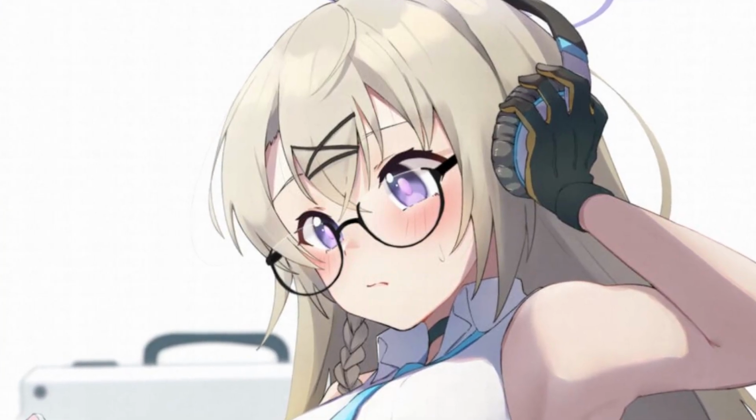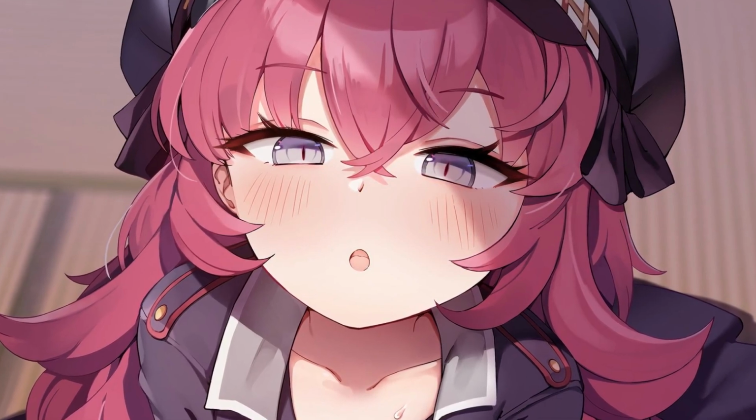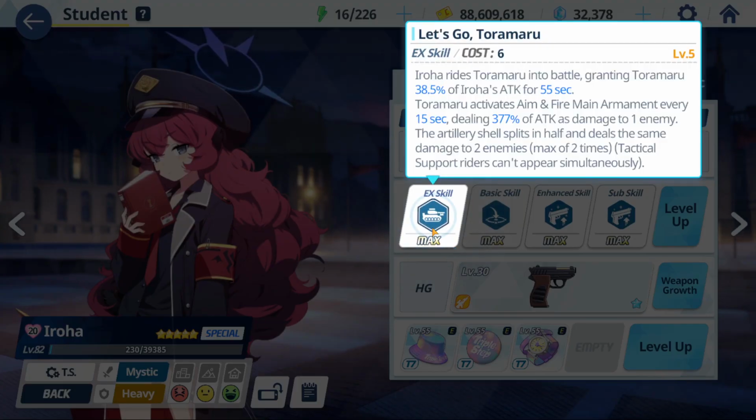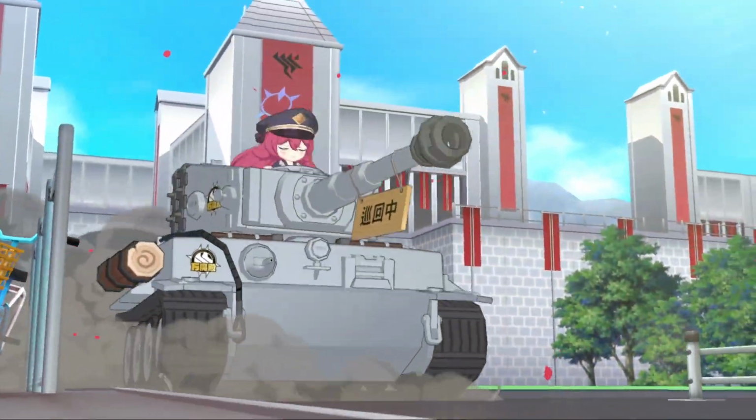Kotama gives a buff to all your allies, very very useful in that sense. Iroha is going to be a little bit tricky, right? She does give an attack buff, and you don't really need to use her tank. Her tank definitely gives you lots of utility. It provides a lot, but I do think that overall what you get most out of her is going to